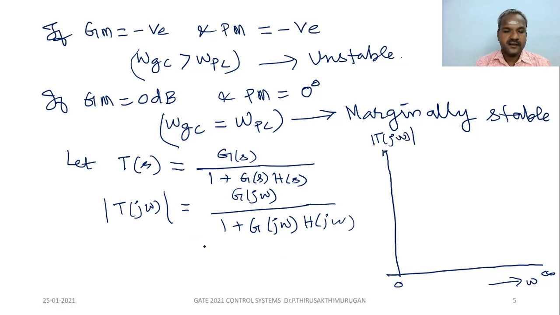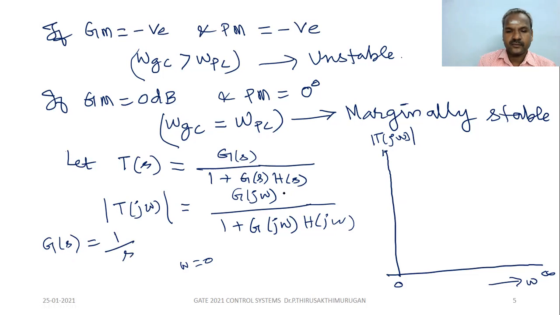First we substitute omega equal to 0. So G of 0, H of 0, G of 0. What will we get? We will get a unity value. For this transfer function with a simple pole at the origin, G of j omega magnitude becomes infinity. So simple pole at the origin means what? G of S equal to 1 by S.